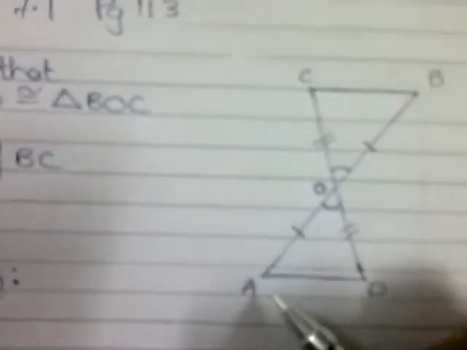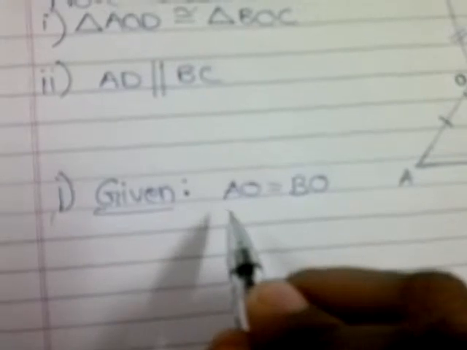So there are basically two bits of this question. So we will be doing the first bit. Let us see how we can do it step by step. Doing the first step, let us see what all things are given in the question. It is given in a code language. It is not given exactly. It is given that AO is equal to BO, right? Given AO is equal to BO. One more thing that is given here is CO is equal to DO.